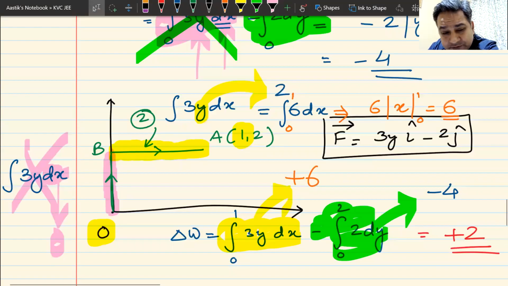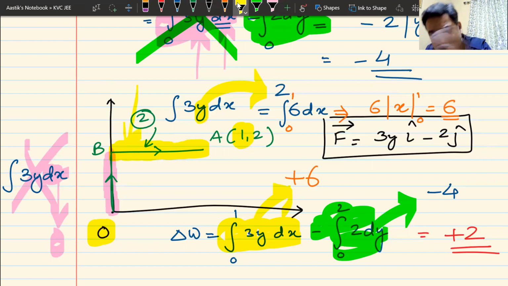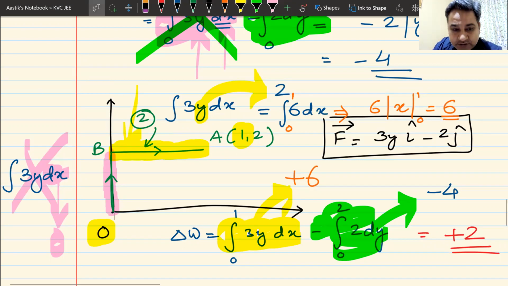Let us take you back to the previous question. In this yellow path, Y was constant, beta. Because Y was constant, you can see Y was constant. This is nothing that I have created from a bag. I am not a juggler or a magician that I take a hat and produce a rabbit out of it. See, yellow path, Y was constant. So I told you that. But look at the question now.